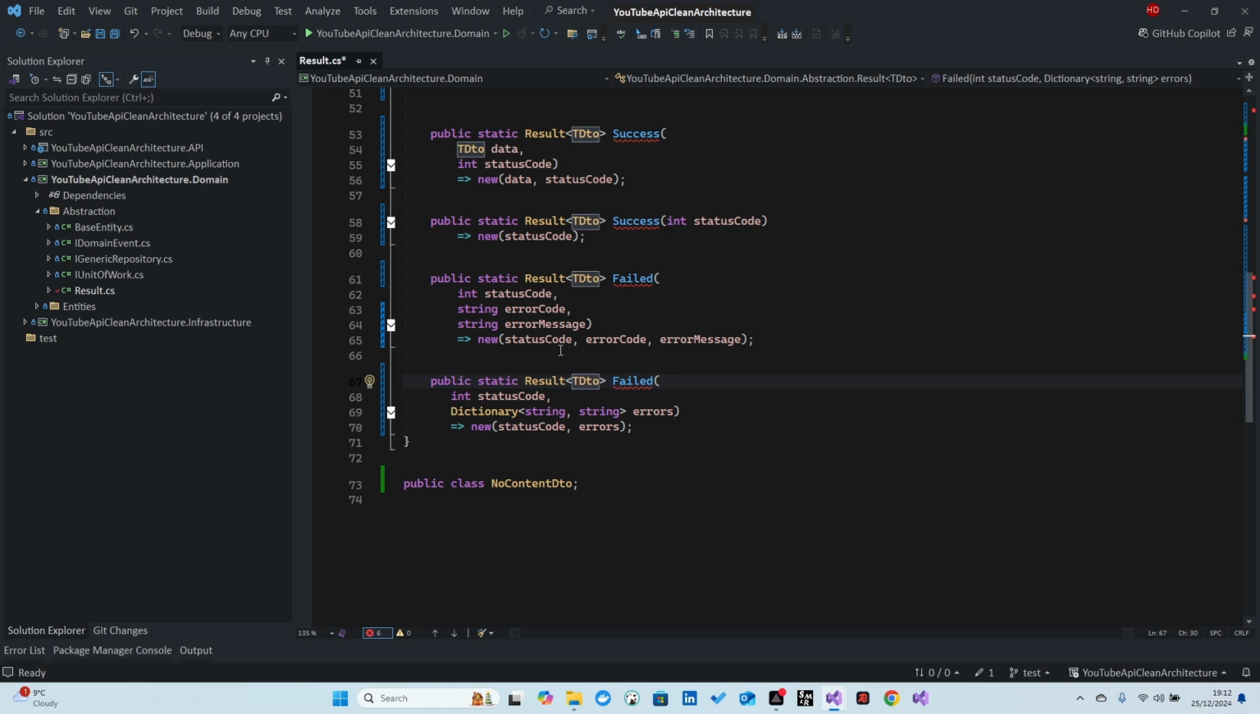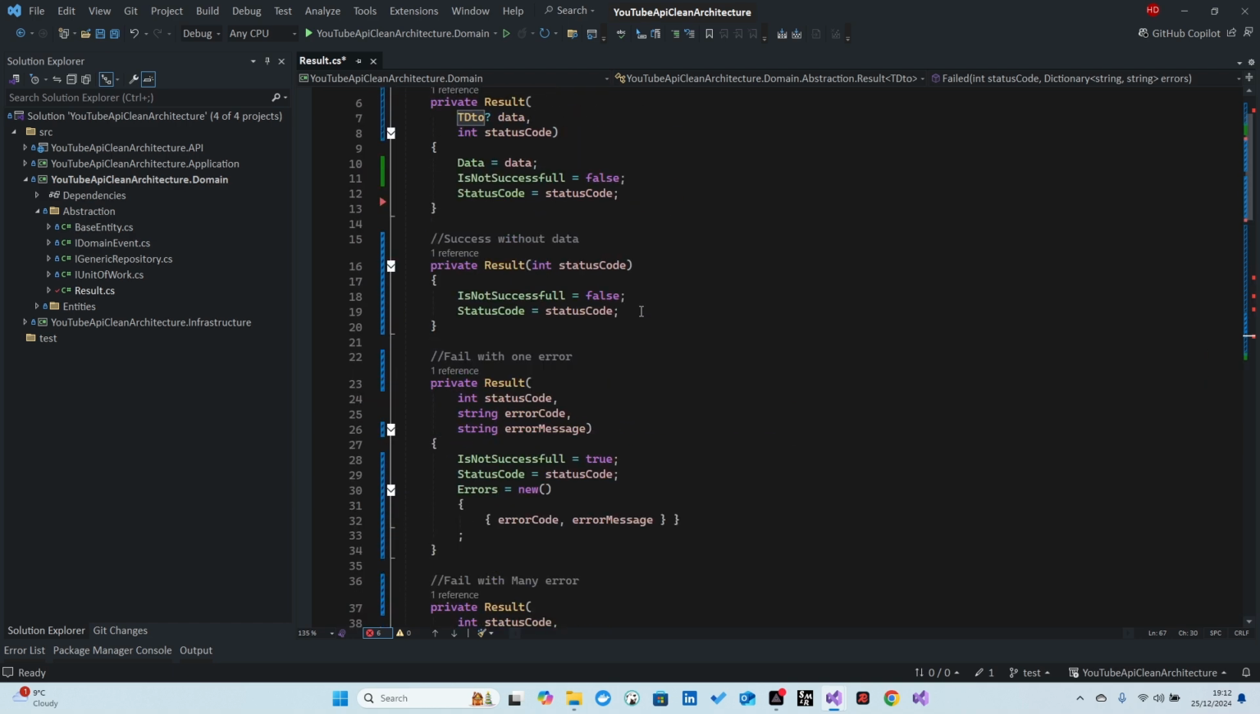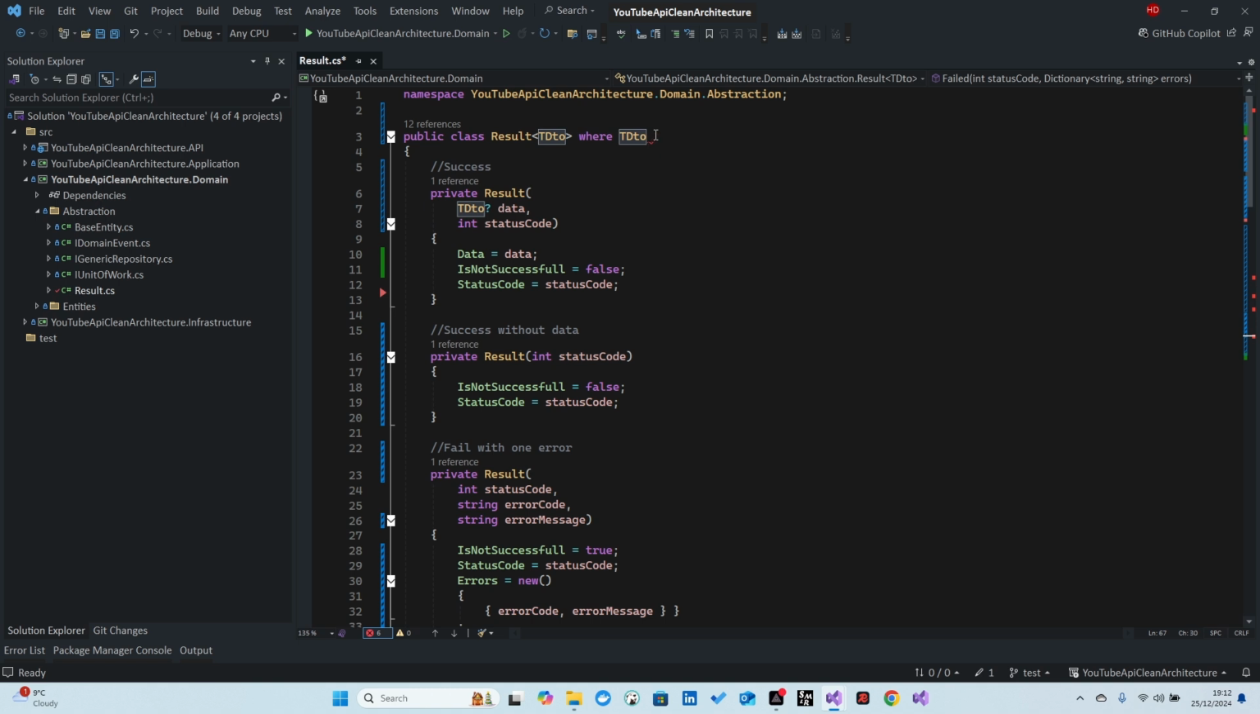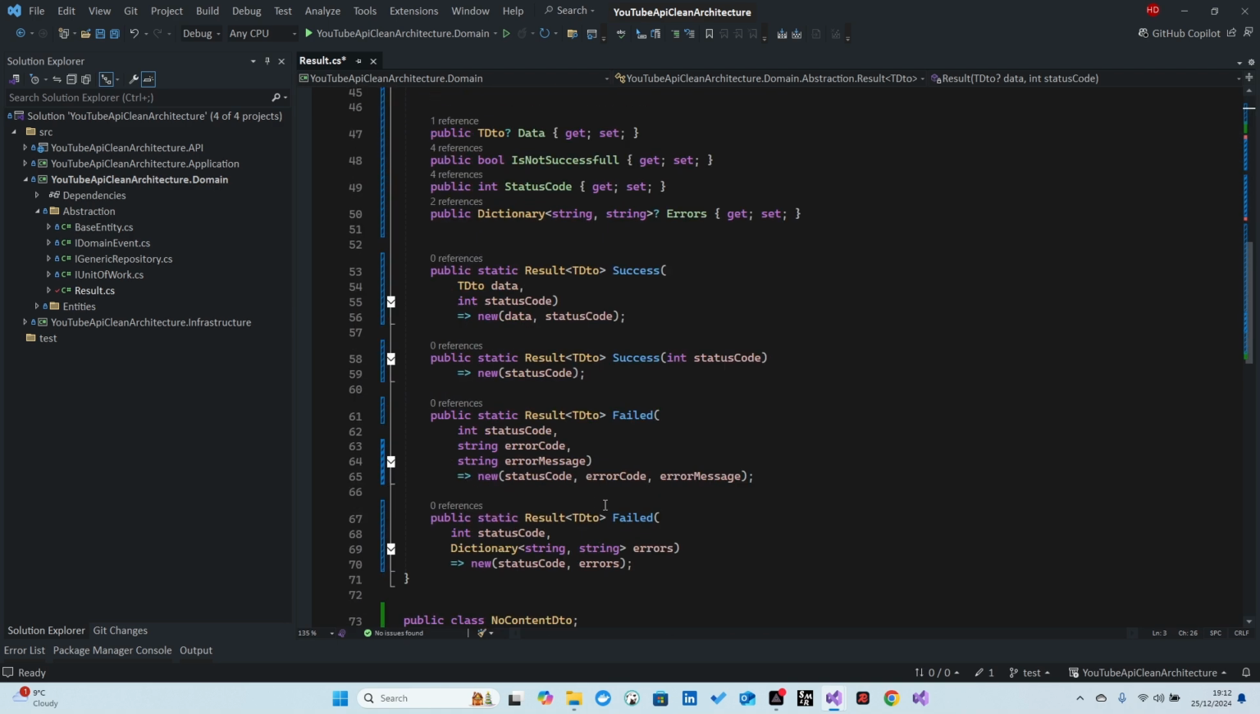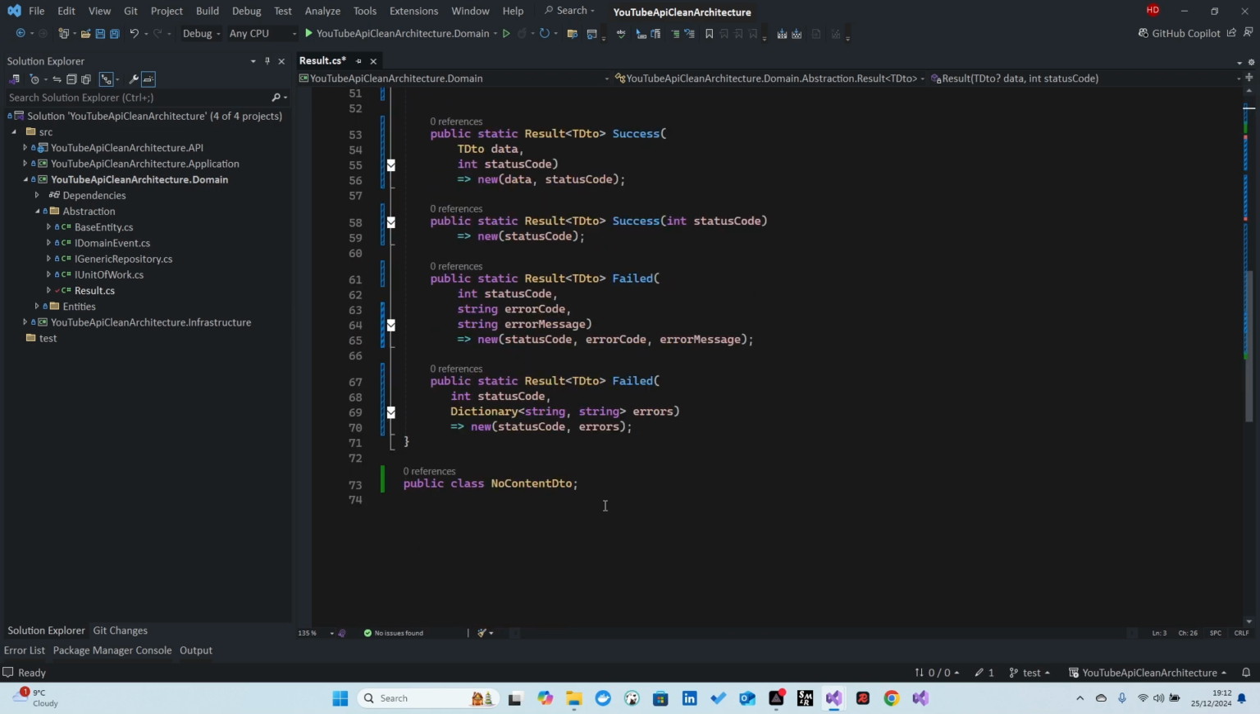Let me have a look. Where is the error now? Is there any? Yeah, let's delete these. Okay, all done. So we switch it to TDTO and everything is done. And this TDTO must be